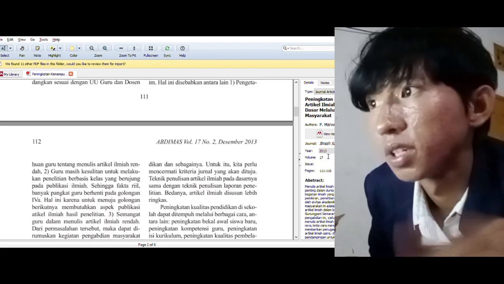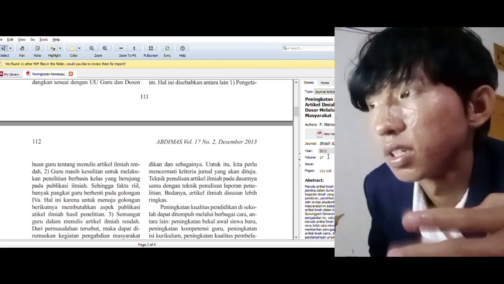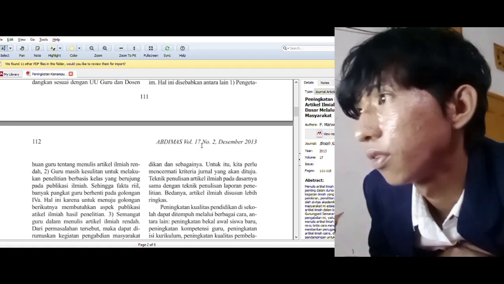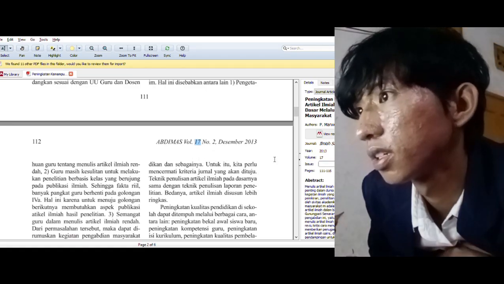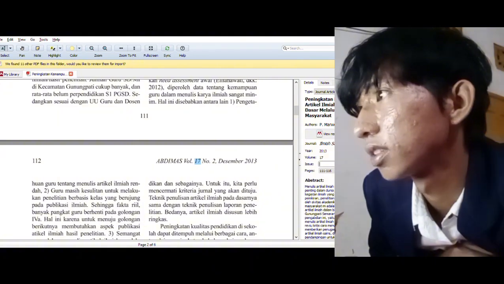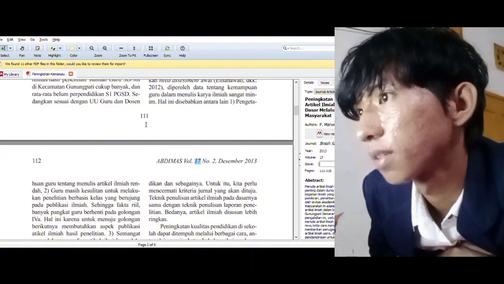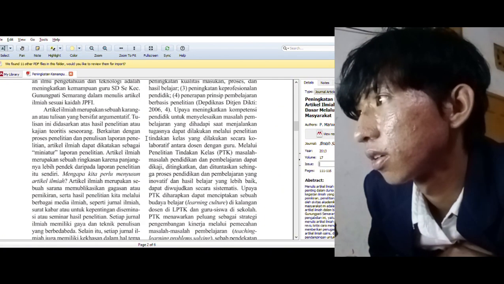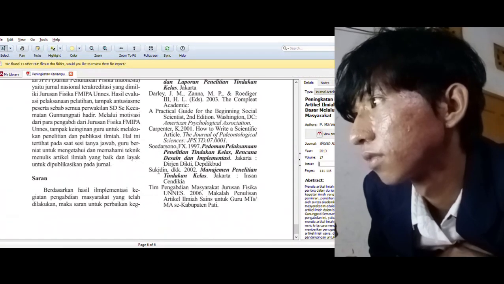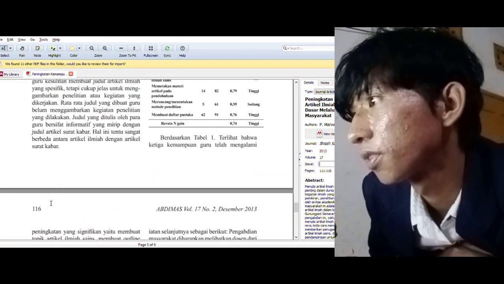You can put the year as in your journal article. So this is the year, and the volume is 70. The issue you can skip if you cannot find it. And the pages are 111 to 116. You can see the pages.